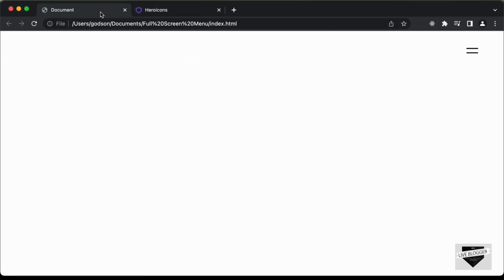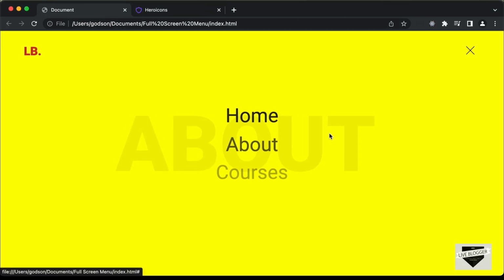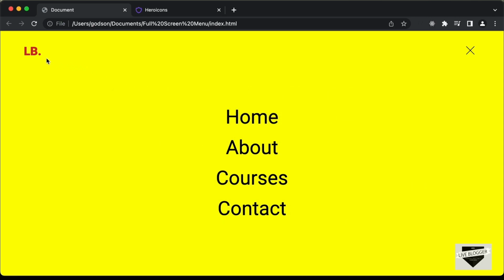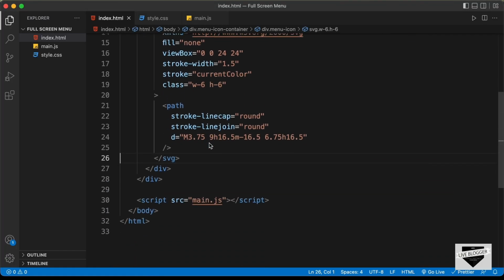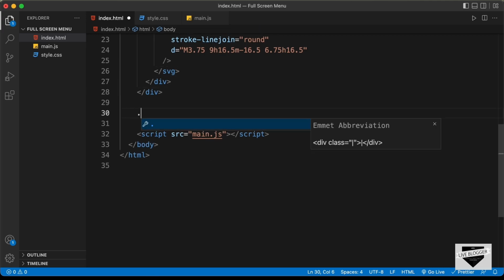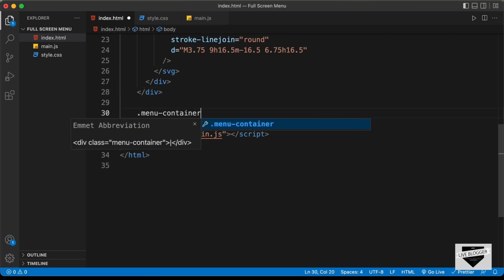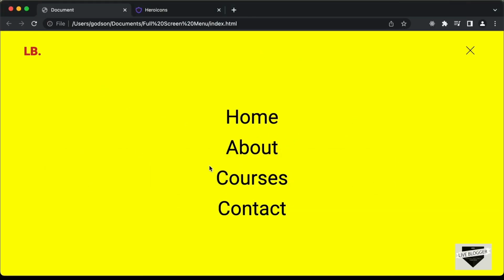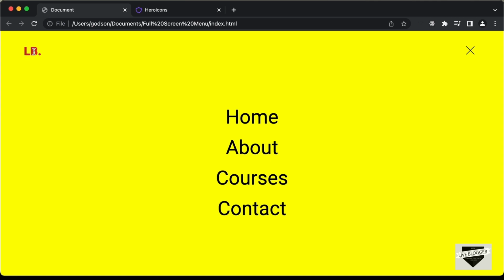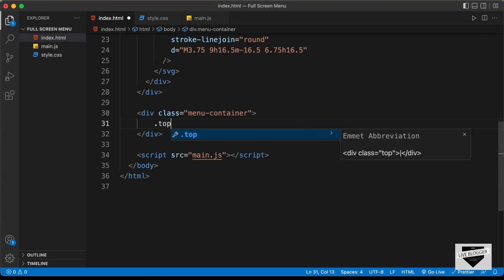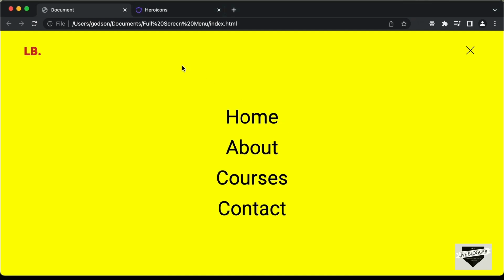Right, now let's write the markup of the menu items. So we need to have this logo and this close icon, and then we need to have these menu items. So let's go outside this menu icon container division, and let's create a division with the class of menu container, and in that we will have this whole menu. So the first thing we need to have is a division for this logo and this close icon. So let's create a division with the class of top, and in that we will have this logo and this